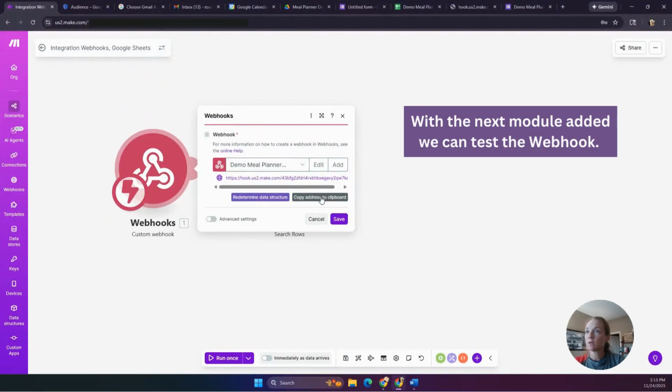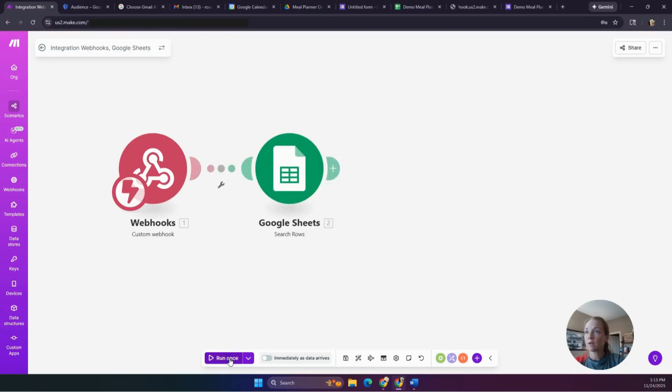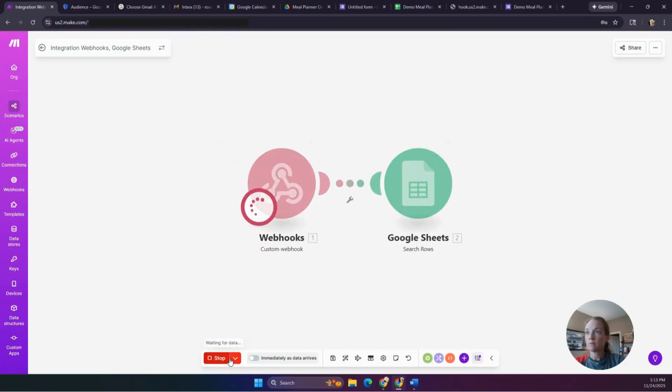Now this gets a little, I'm going to copy the webhook. I'm going to click run once to test it. And now it's looking for that webhook. So I'm going to go in another window and I'm just going to paste the webhook in there and you're going to see it trigger. Boom, I see